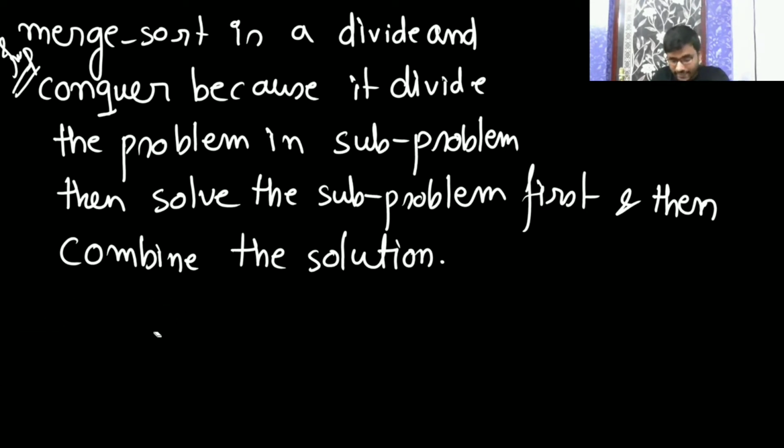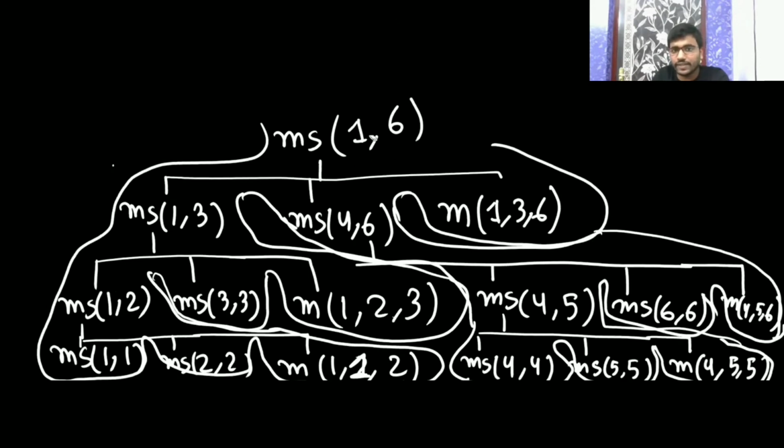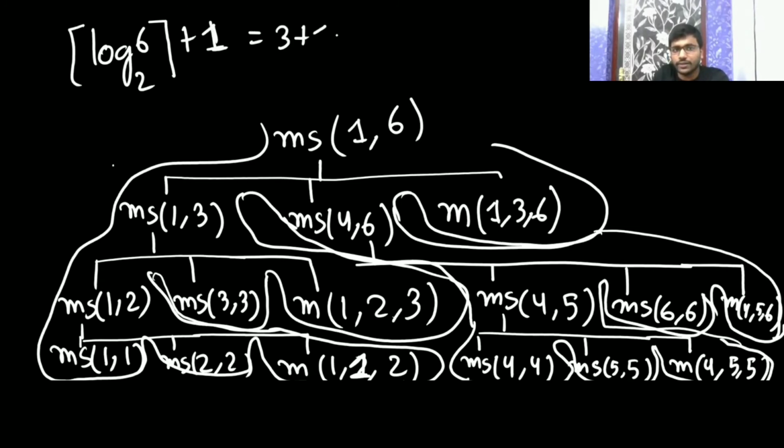So merge sort is a recursive function. For a recursive function, whatever the size of the tree, in the worst case, if the input is 6, what is going to be the size of the tree? It is going to be 6. Then how much height did we get? 1, 2, 3, 4. 4. So it's like floor of log 6 plus 1 plus 1. See, because it's 3 plus 1, which is your 4. So you require that much for the size of the tree.